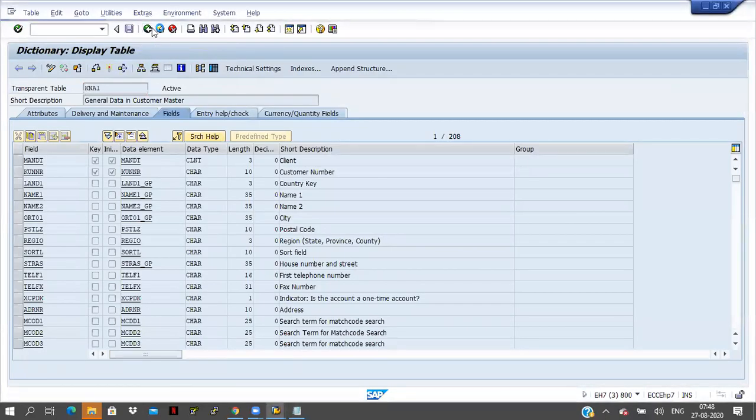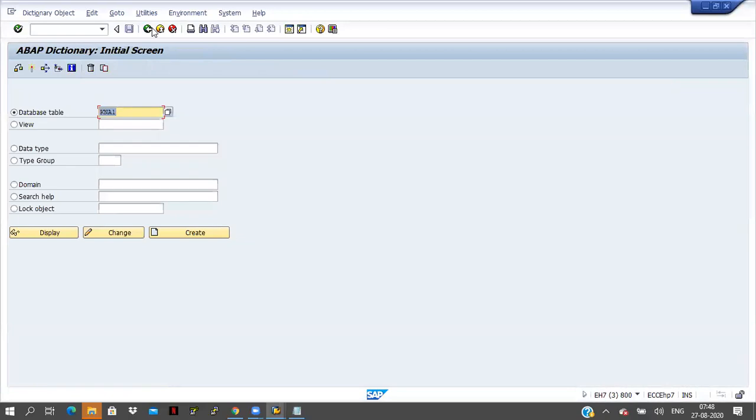I'm showing the link fields here. What is the link field from VBAK to VBAP to VBRP? In VBAP, I am displaying this one.